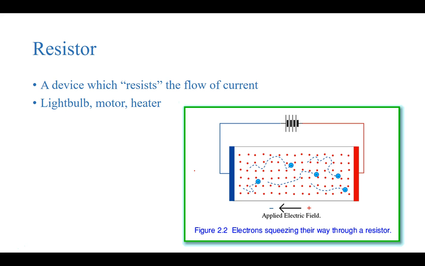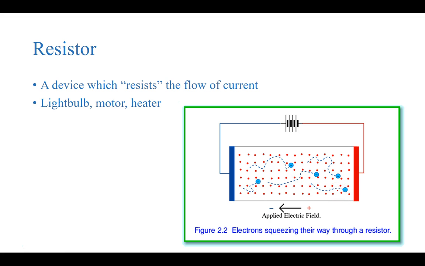So the last major device of a simple circuit is what's called a resistor. And the resistor, just like it sounds, resists the current. So imagine right here, you have something with a bunch of atoms in it, and the electrons are not just going to flow easily from one end to the other. As they're flowing, they're going to start bumping into atoms and electrons, both, as they try to make their way through. And so it's not going to be a nice straight path. It might be a curved path of bouncing back and forth as they try to make their way